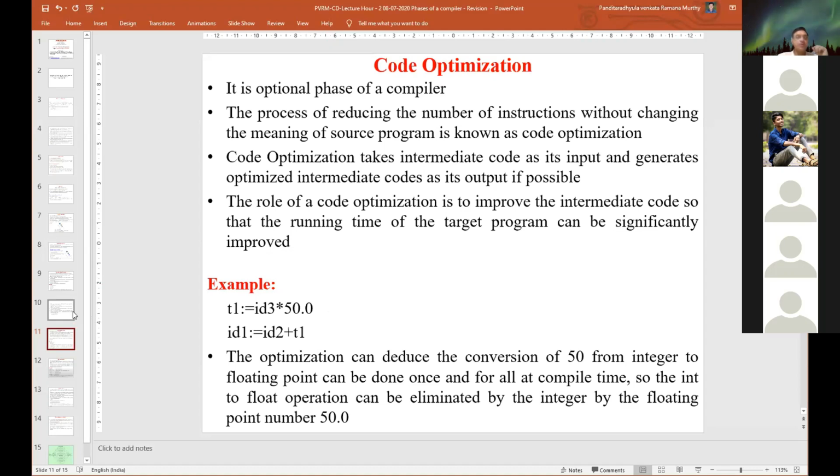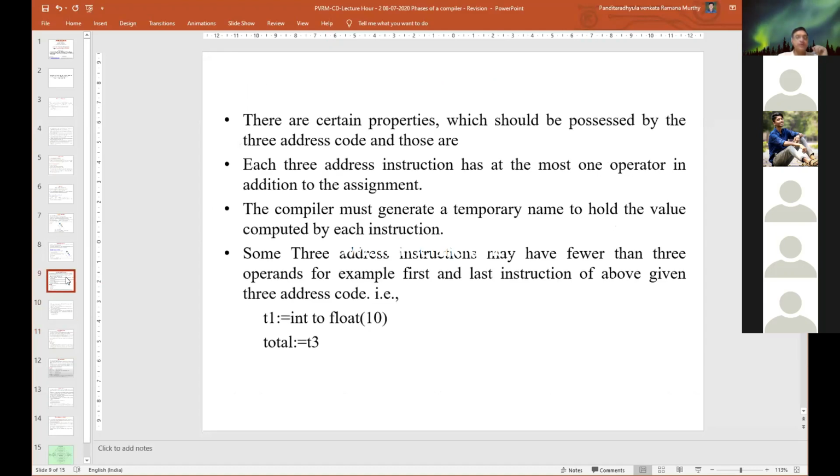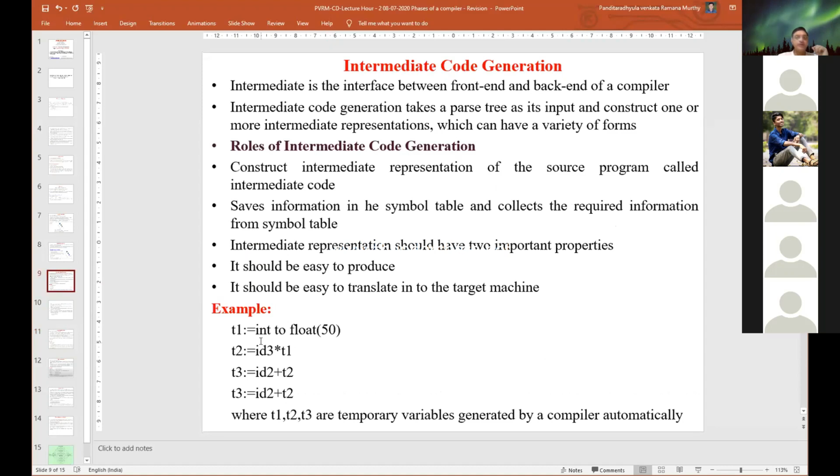In the intermediate code form, it needs to convert the given code into an intermediate form. Intermediate code is nothing but an interface. First of all, intermediate code generation is an interface between the front end and back end of the compiler, the analysis phase and synthesis phase.